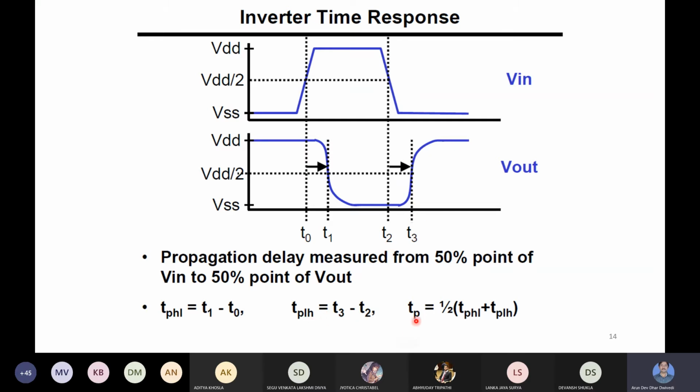So the actual propagation delay will be the average of these two, TPLH plus TPHL divided by 2. Propagation delay is taken as an average, because when the output is coming from high to low there is some delay, and when the output is going from low to high there is some delay. Both are added and then divided by 2. Then it is called propagation delay. This much propagation delay will be possible in the circuit.